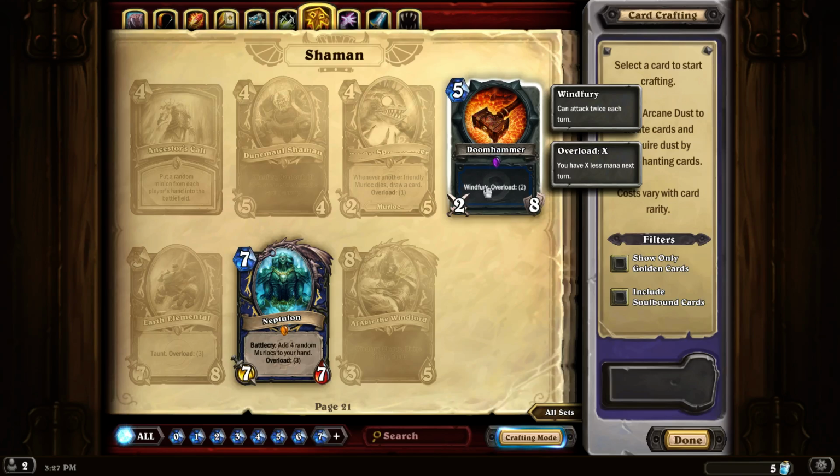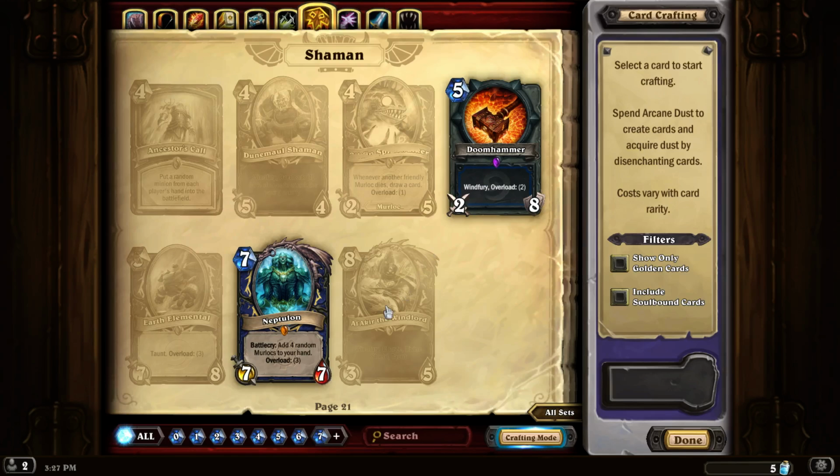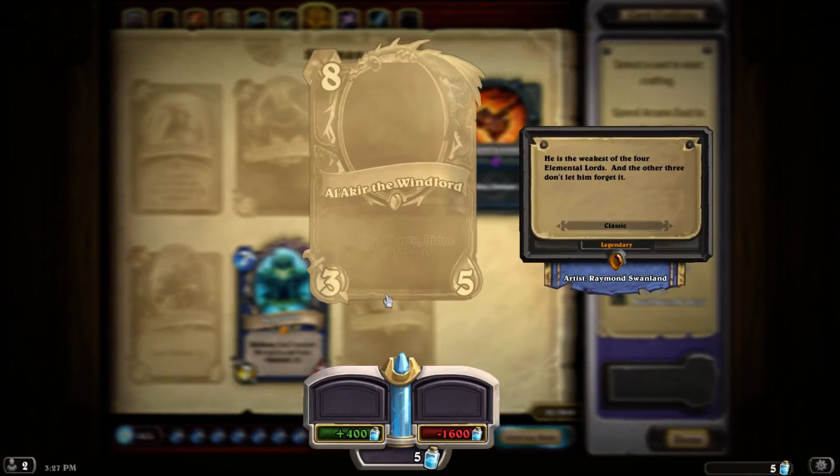You have Doomhammer, which has Wind Fury and an overload of 2. So it has 8 uses, but you could use that probably in 4 turns because it can attack twice, and it doesn't have a very high attack. And then, let's see,